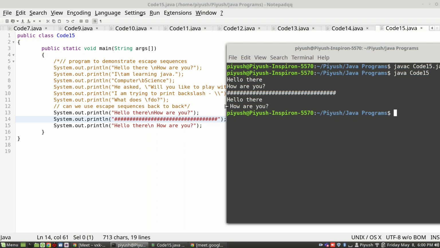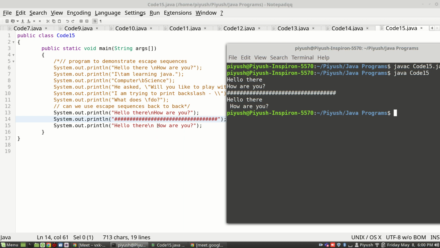So in the next line, it left one space. It printed one space and then started printing, "How are you?" Here you changed the line and immediately started printing, so there is no space left in the second line. However, in this case, after changing the line, you instructed the computer to print one space. So in the second line, it printed one space and then went on to print whatever was there.